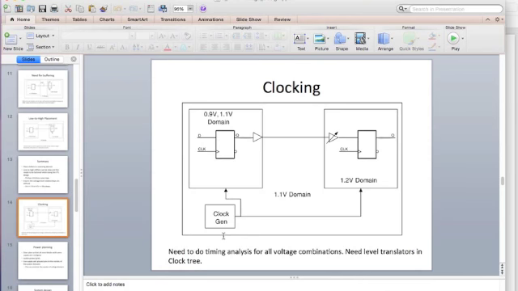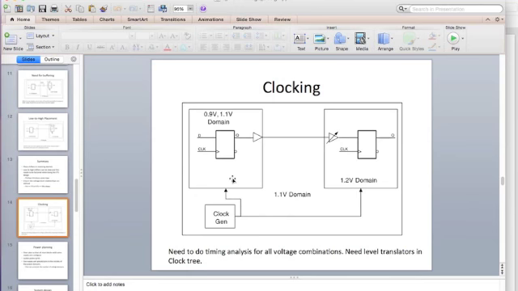So you also have the issue of clocking, because you need to remember the requirement of the clock distribution system is that the arrival of the edges at these flops, wherever the flops are in a particular synchronous domain, the arrival time should be the same. That means there is no skew. So when all the voltages are the same, then it's just a standard clock tree design problem, where you have to ensure that the delays from the source to each of the leaf nodes of the clock tree are balanced or equal. The complexity becomes, there's one layer extra of complexity when the domains are different voltages, because now